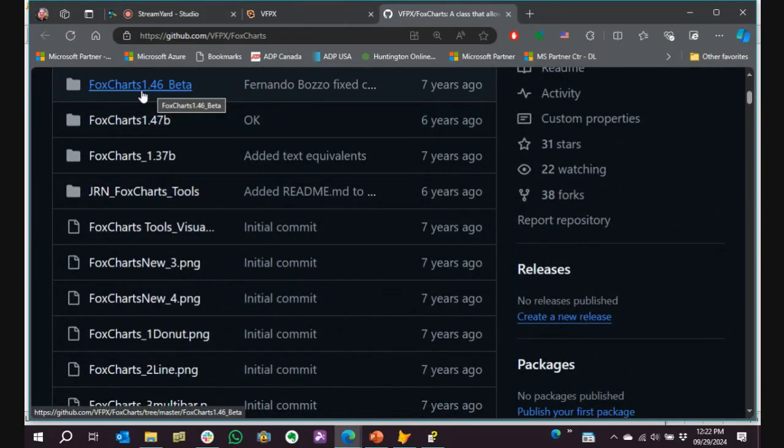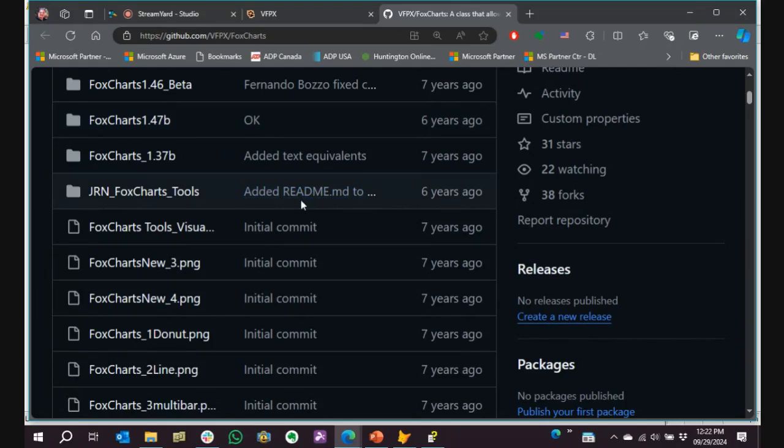You have a 1.46 beta, 1.47b. Okay, 1.47b is after 1.46, so why is there 1.46 beta? Unless you are running the beta code and you like to do that, I don't know. 1.37 is like the more current one that I've been using until I started researching for this white paper and found that there was actually a newer version.